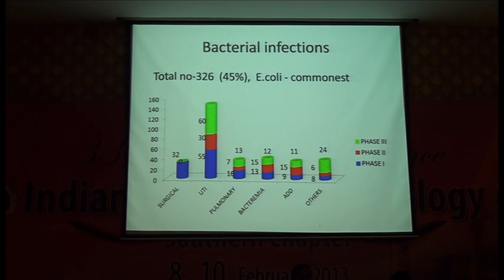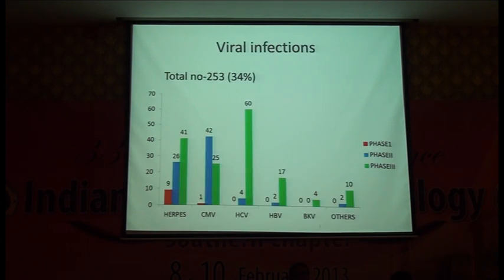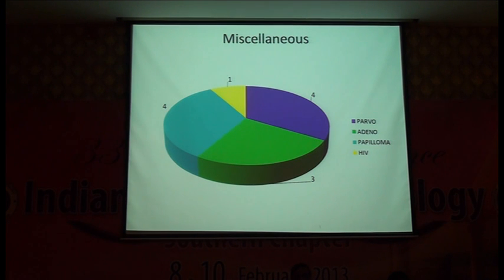bacteremia and ADT. Coming to viral infections, they account for around 34% of the total infections. In phase 1, it's herpes simplex, herpes zoster and varicella zoster; in phase 2, CMV was the most common viral infection; and in phase 3, HSV was the most common, in around 60 patients. Coming to miscellaneous viral infections, parvovirus and adenovirus were noted in 4 patients each, and 1 patient developed HIV